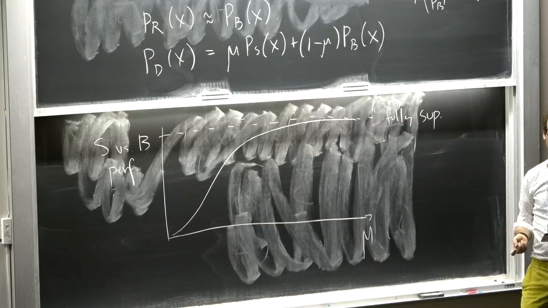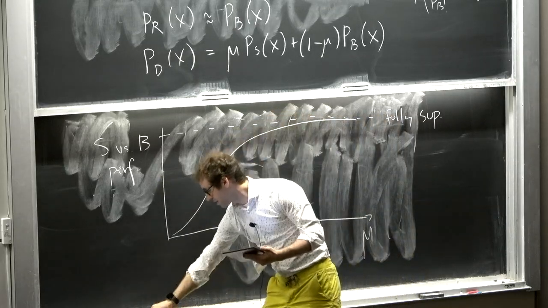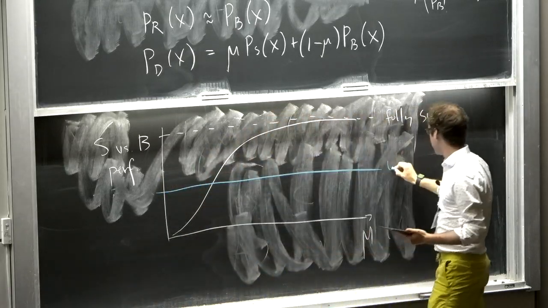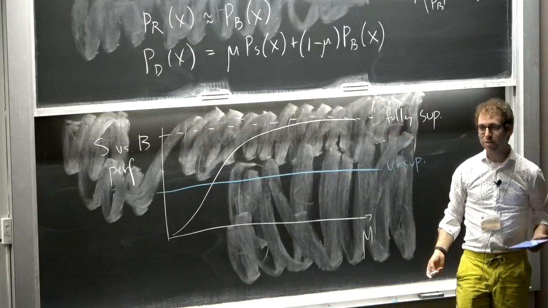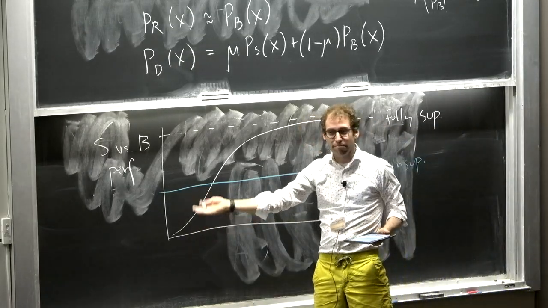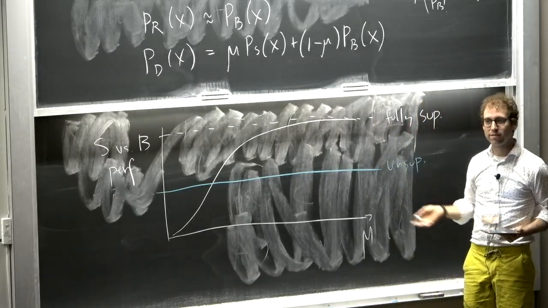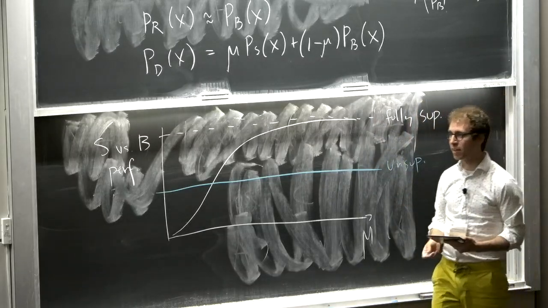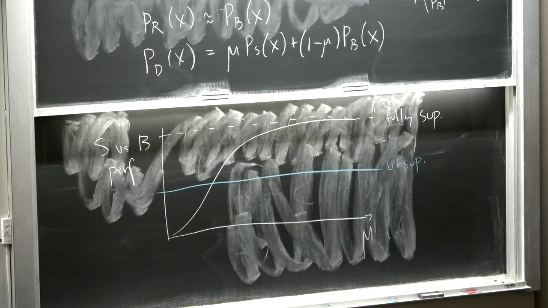And in fact, that's the key difference between the unsupervised and the weakly supervised. The unsupervised case, if I drew the unsupervised performance here, actually, I'll just do that. So unsupervised would be like this. The unsupervised performance does not depend on how much signal there is, because it doesn't use the signal at all in the training. When there's no signal, it has some non-trivial performance, but it does not converge to the optimal performance when there's a lot of signal. Okay. So then the name of the game is how do you estimate the reference?